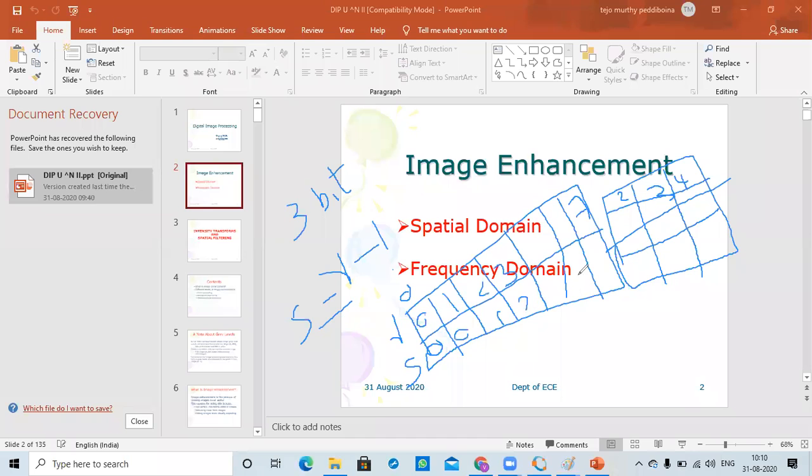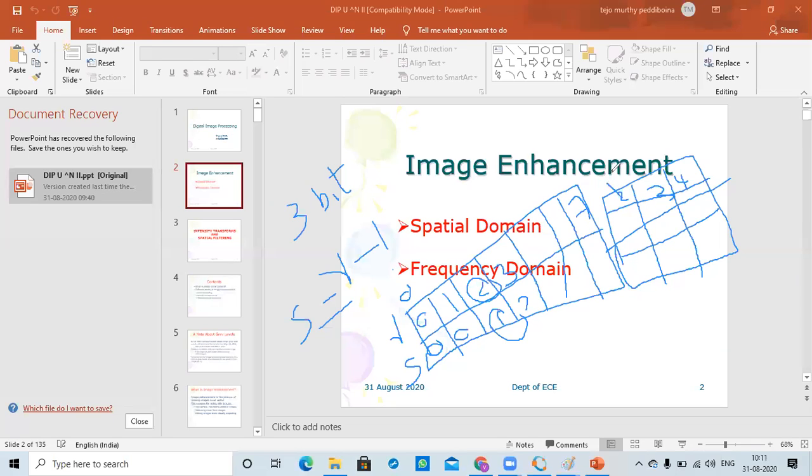That means whatever value is present in this image will be replaced with the corresponding mapping pixel value. For example, R value 2. Where is 2? This is my input. Then with what value do I have to replace it? By the S value. So that means 1. Now I have to replace this 2 with 1.